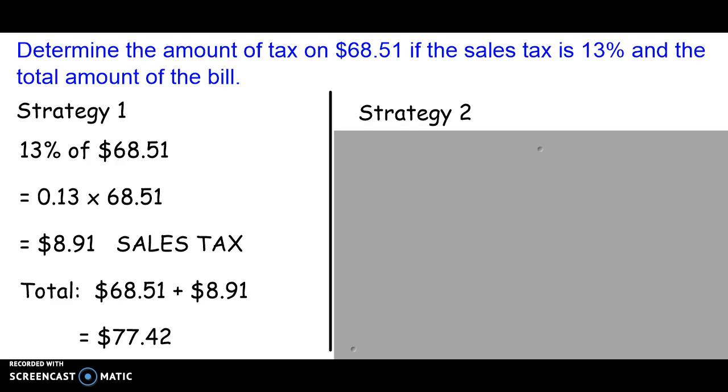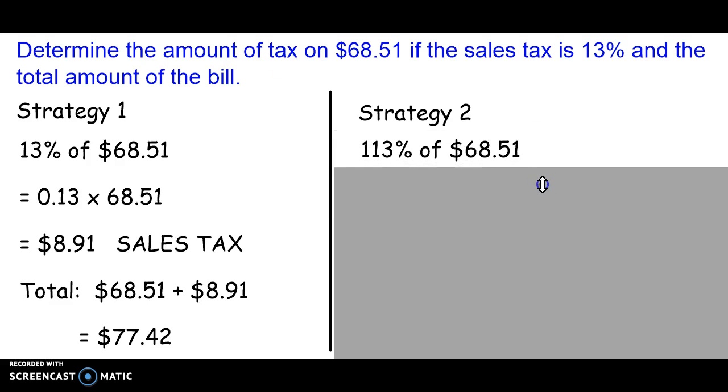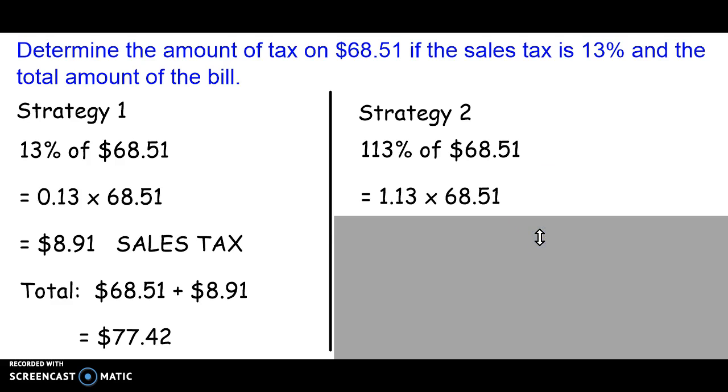So the total amount of the bill we can think of as 113% of $68.51. Again, the 113% here represents the 100%, which is $68.51, plus the 13% sales tax we need to pay. Again, working with our percents, we're going to change 113% into decimal by dividing by 100. We arrive at 1.13. We multiply that by the amount,